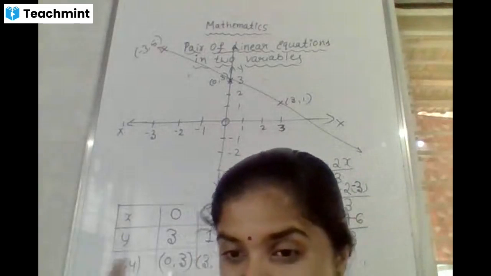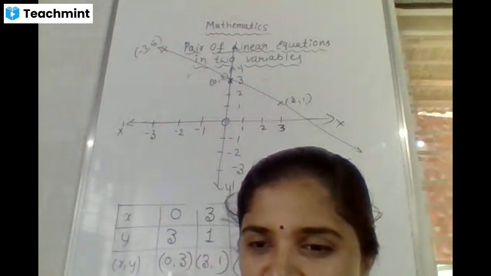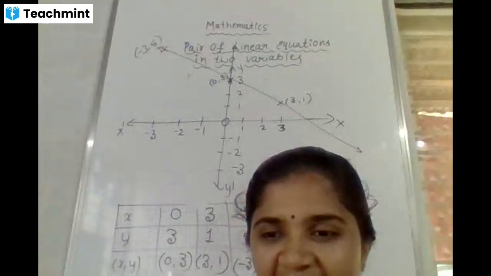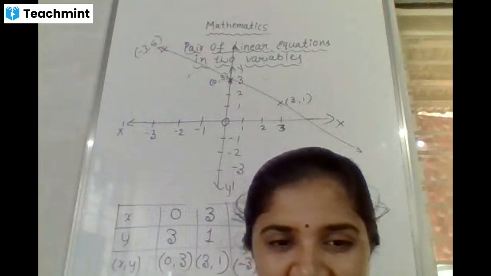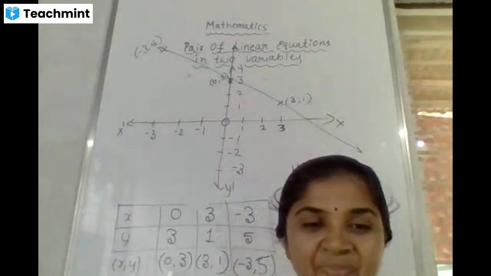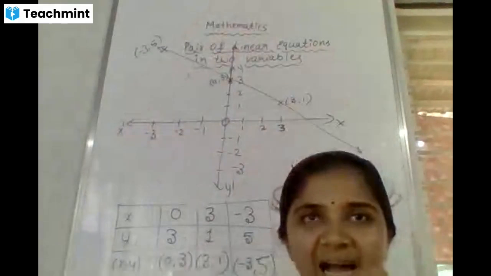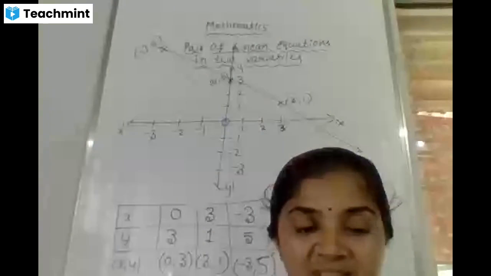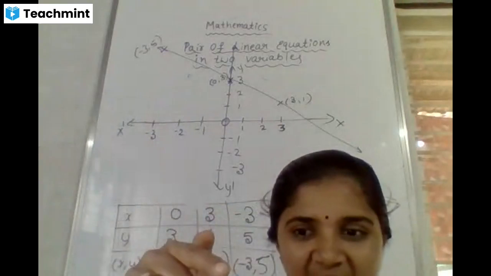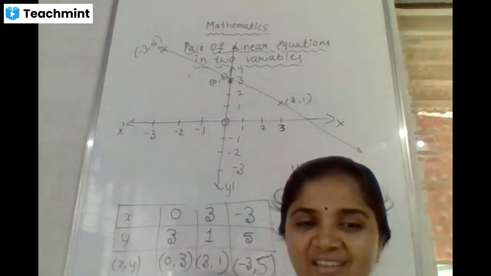Both lines lie on each other. Very good, Bhumika gave the answer. Bhumika, do you know the exact word for that? Both lines lie on each other. What is the exact word we use for that? Coincide, correct. Coincident lines. One line lies on the other line, so that it is not possible to see two different lines in that graph. Both the lines coincide with each other.